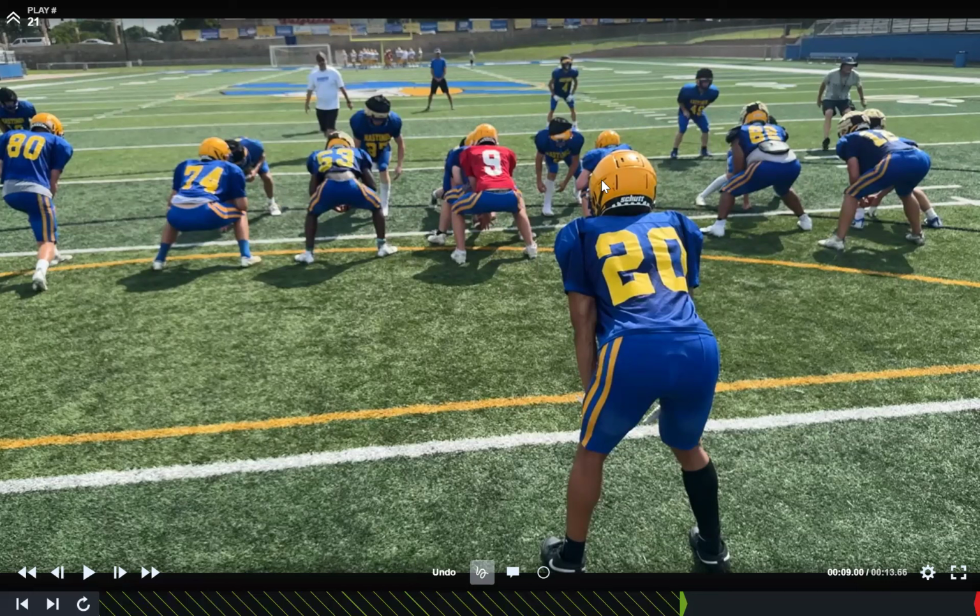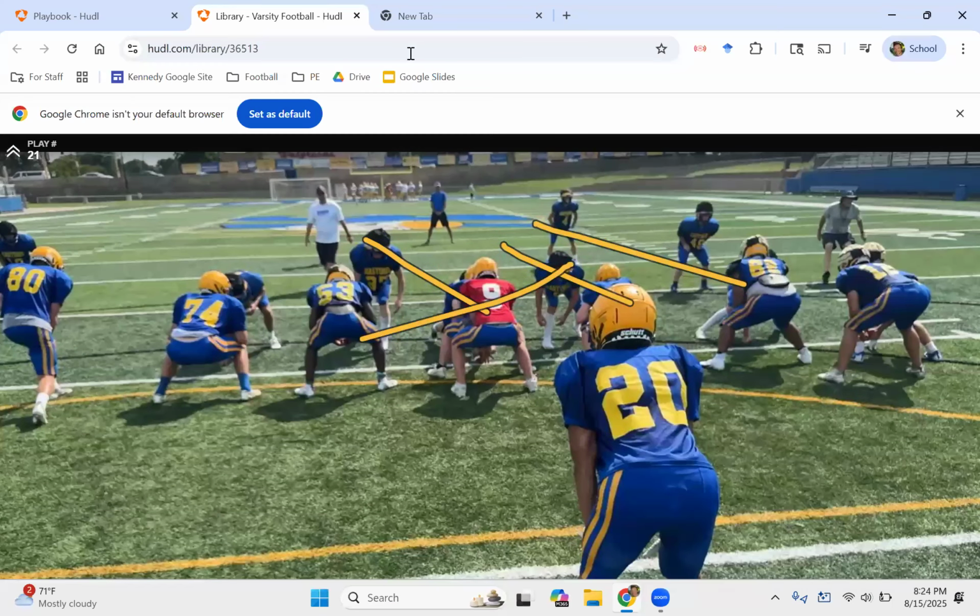Okay, knowing that if we block this up right and we don't give up penetration, we're going to have a really big play. So we got to make sure when they step up, we get excited and we're ready to take the stunt on because I just know that I'm going to block my gap. Okay. When in doubt, I'm just going to block my gap on my play, whatever my responsibility is, if it's backside or if it's play side, and I'm going to take the guy that's coming to it and we'll be in a good spot. Okay. I hope that makes sense to you guys.